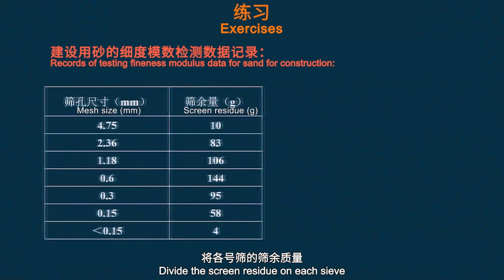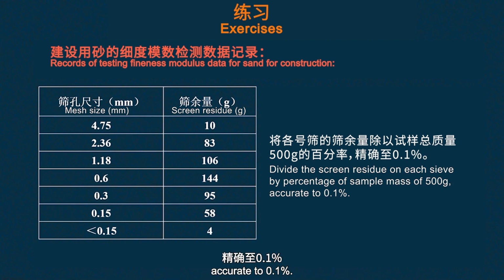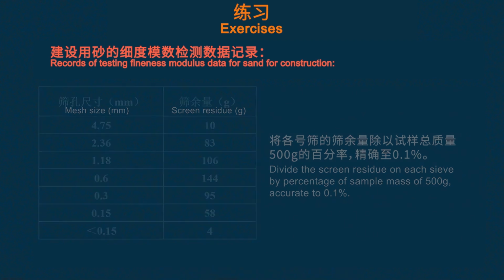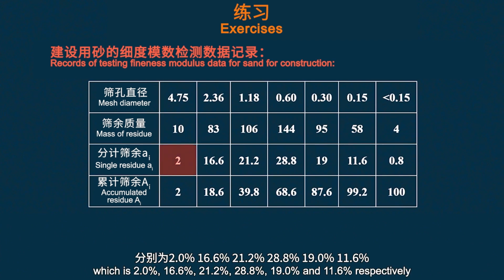Divide the screen residue on each sieve by the 500 gram total sample mass, accurate to 0.1%. Obtain the percentage retained a i, which is 2.0%,